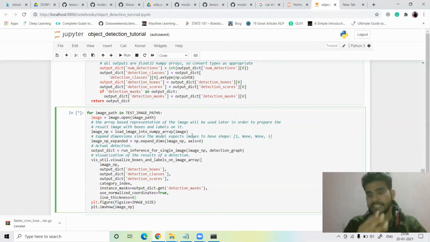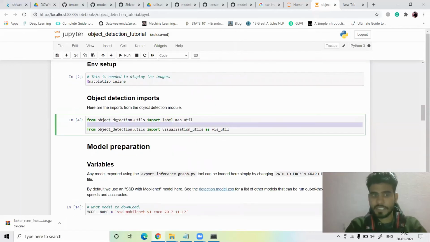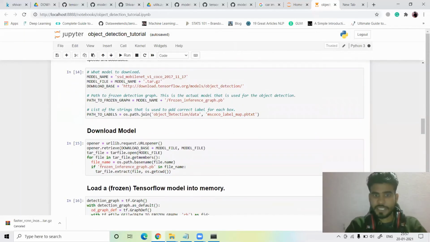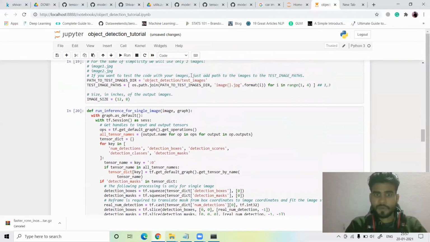Do only 3 changes. First, replace the object detection before utility, then the object detection before data, and the object detection before test images. I already showed you here. First, change object detection here. Second, change object detection before data here, and third, change it before test images.